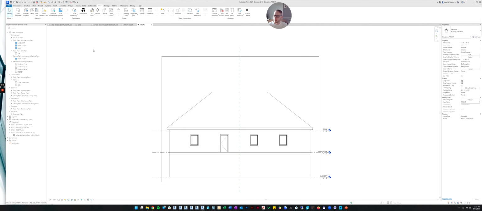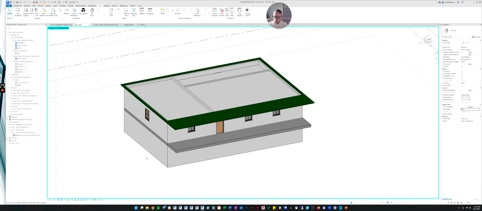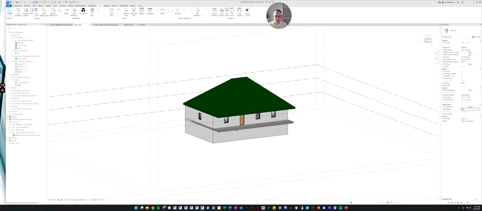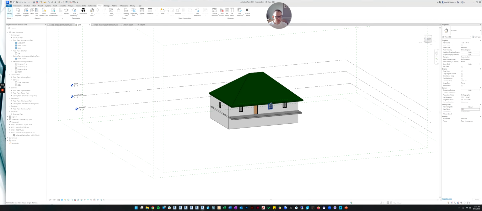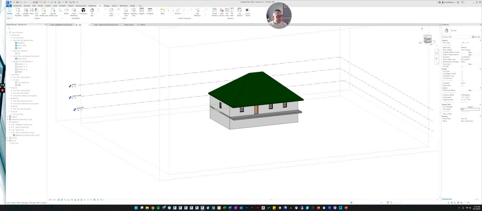And now let's go to our 3D view. Oh, and let's bring back everything. Let's reset our temporary hide that we did in the last video. And now I can see the full model. But I would like to see what our front elevation view is actually cutting. So I'm going to go on the home button and right click and say Orient to View. And I'm going to hover over elevations and click the front elevation.